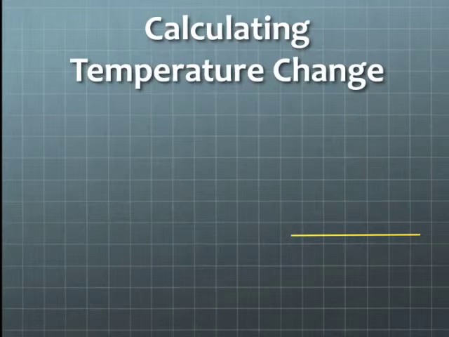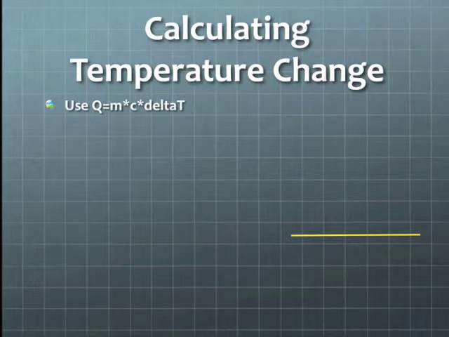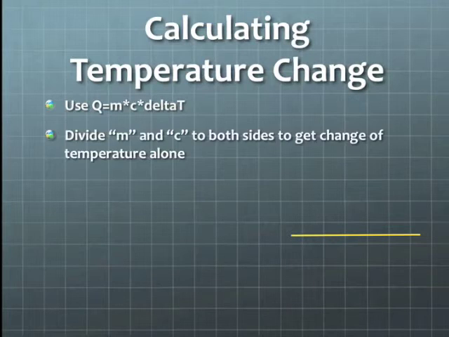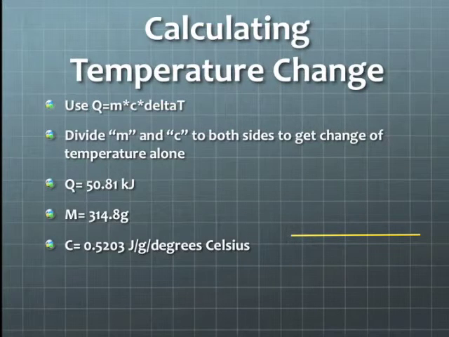So after that, we calculate the temperature change of the argon gas. We use the equation Q equals mc delta T, or heat energy equals mass times specific heat capacity times change in temperature to do so. But we first need to modify it to make the change in temperature alone. So to do this, we divide the mass and the specific heat capacity to both sides to get the delta T alone. After that, we inserted the heat absorbed value, the mass value of argon, and the specific heat capacity value of argon into that formula, and